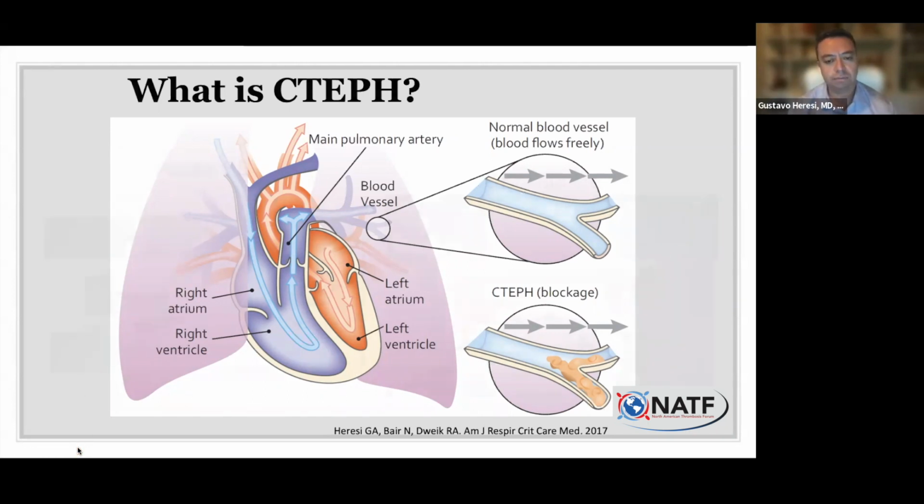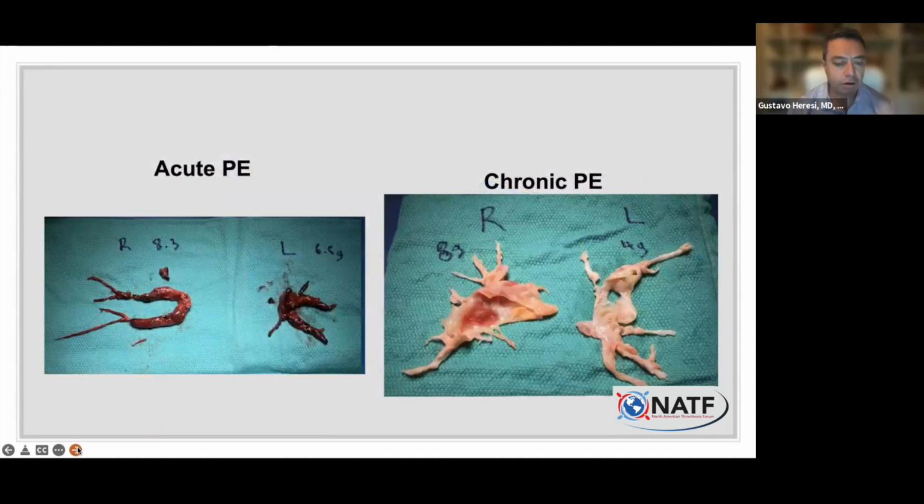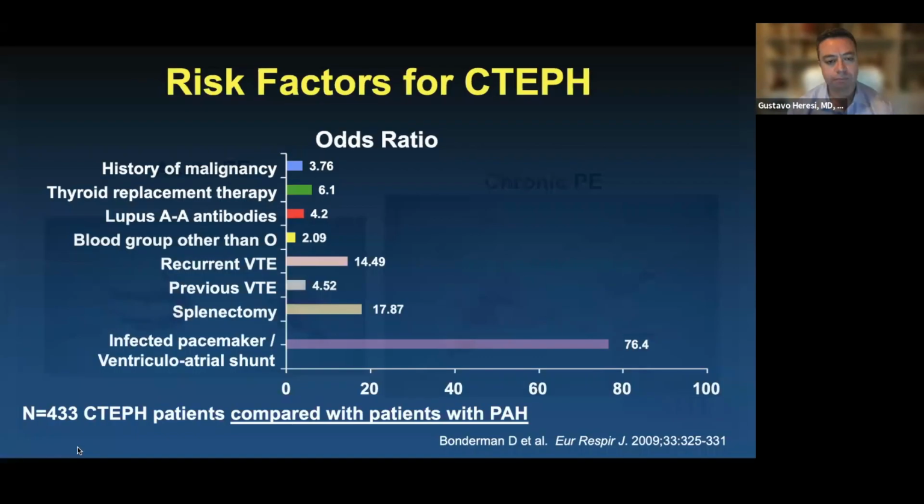And this is just a visual representation, to the left of your screen, of what a fresh or acute clot looks like. And you can immediately see how different it looks from a chronic clot, which is really more like scar tissue. I show you this just so that you understand, or at least imagine, how different these clots look on the testing the doctors do, and why sometimes it's a bit difficult to pick up the one on the right, the one that looks like scar.